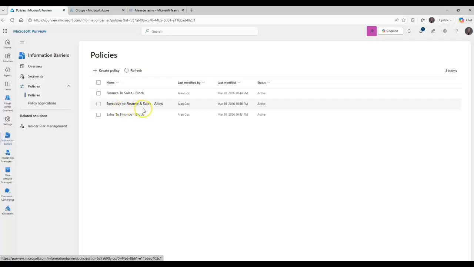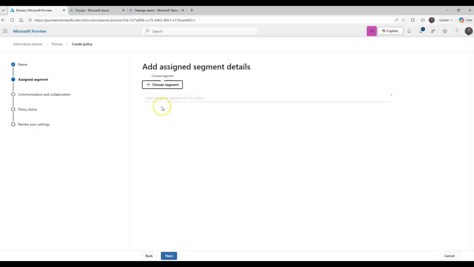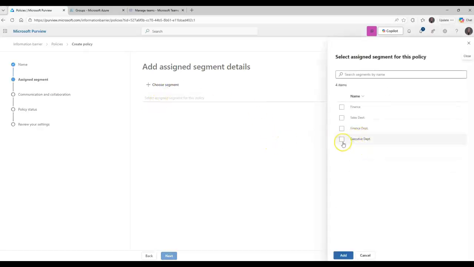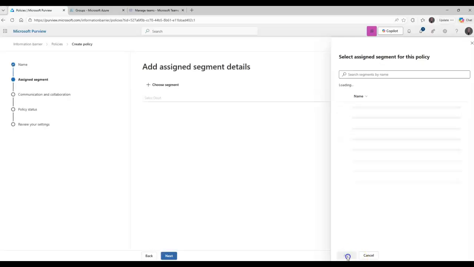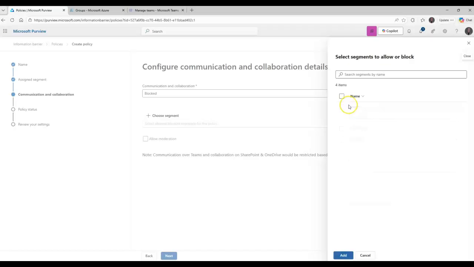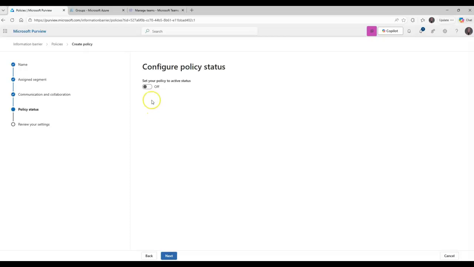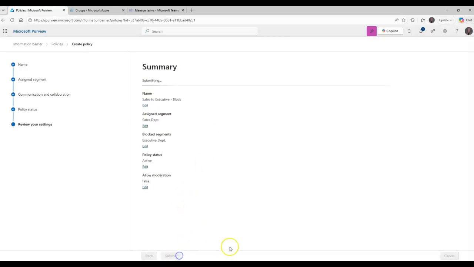What I could do here also is I could say, however, if you're in the sales to executive block, okay, so sales block executive, turn that policy on and submit.